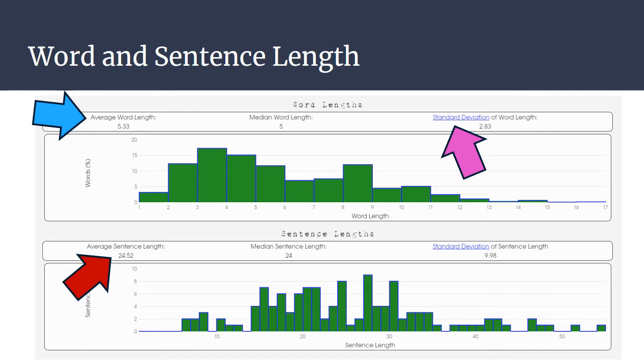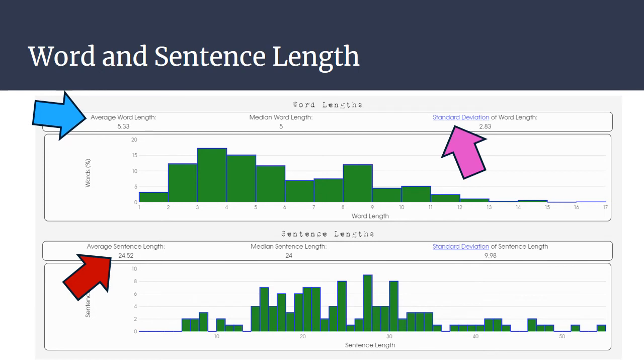So about 24 words per sentence. That's actually pretty long, okay? But it's not uncommon for academic writing to have long sentences. But if you're seeing something really big, more than 20, maybe up to 30 or so average sentence length, this could be an indication, one, that your writing might be hard to read, but also that it may be an indication that you have lots of run-on sentences, that you're using commas to separate your sentences instead of periods.